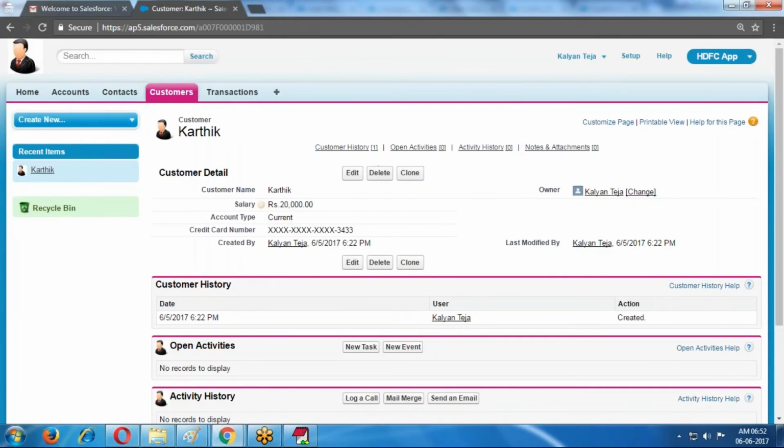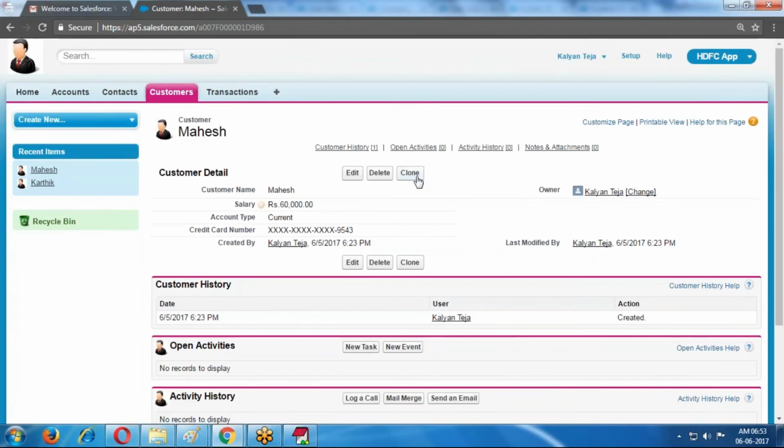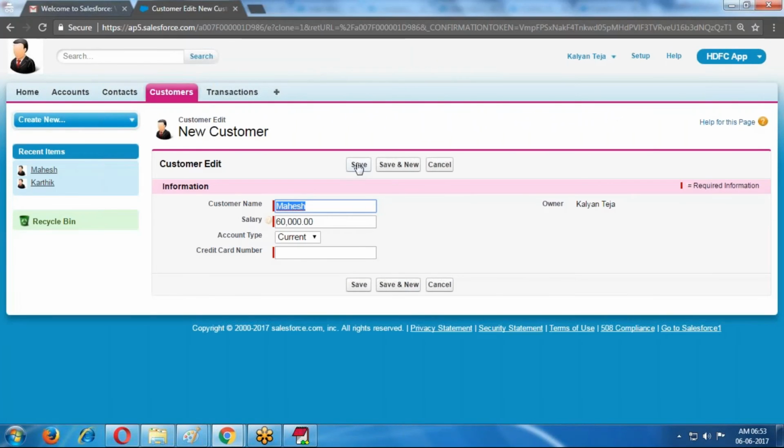Now I'm creating one more record by using the clone option. Karthik, Mahesh, salary 60,000. Same current account, some number I am creating. Clone it, save it.